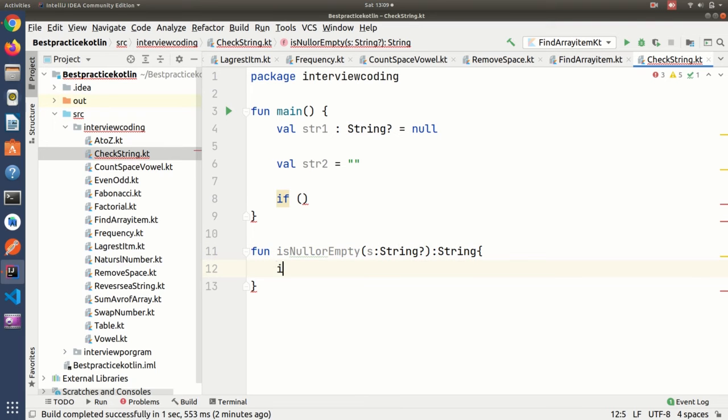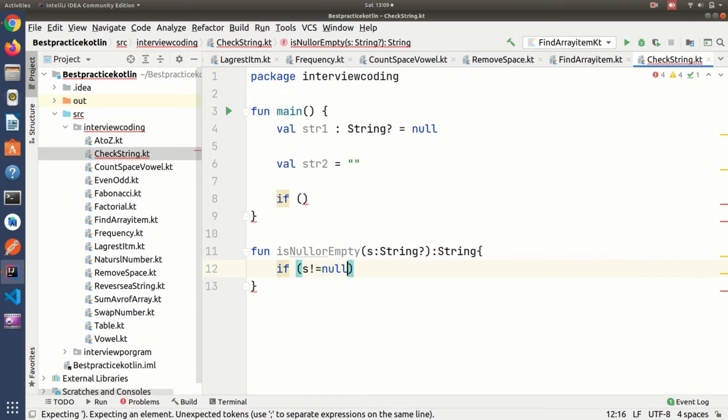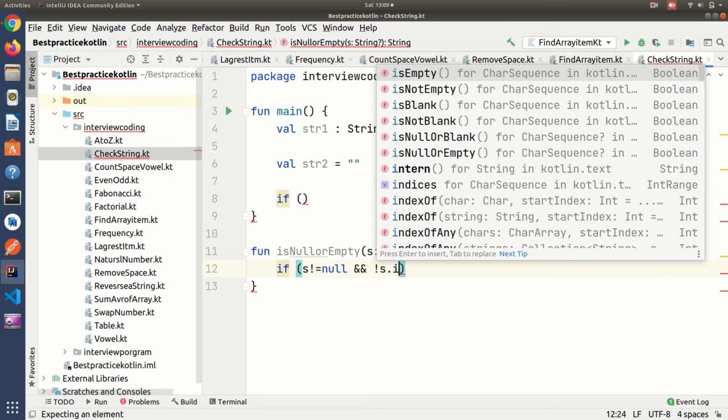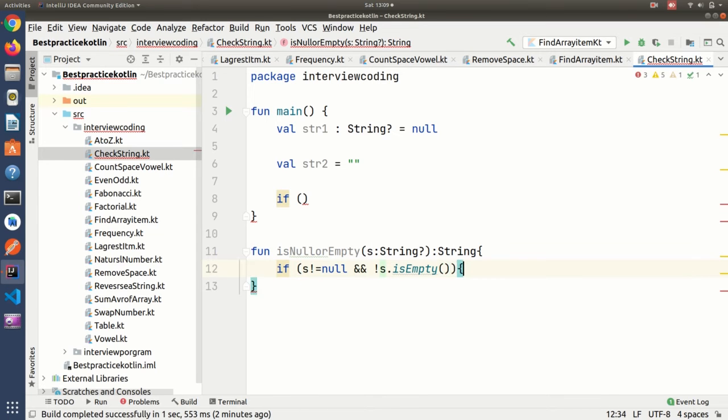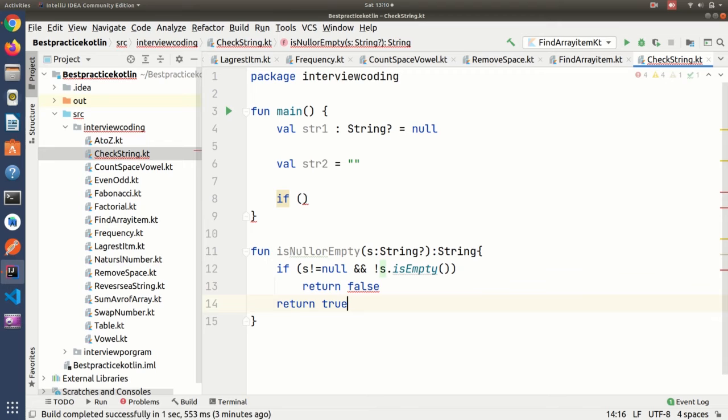Okay, then here I am making one condition. If s not equal to null and not s dot isEmpty, then it will return false, else return true. Okay,